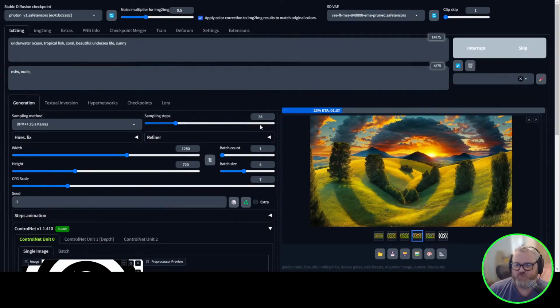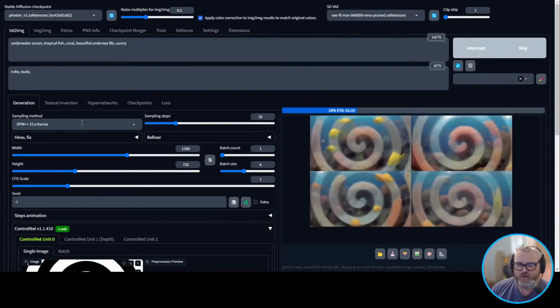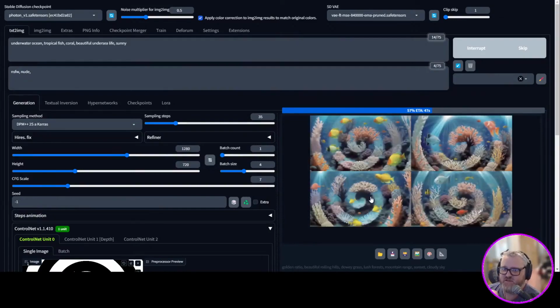Gotta remember to change my sampling method back over to the fast one for now. These look great. It might be worth the wait. The spiral is very spirally. If I wanted a little less spiral, I could just dial the weight back a bit, but they usually look like this for the first half of the generation. Then once they kick in, the detail starts to show up and you really get some cool stuff going.